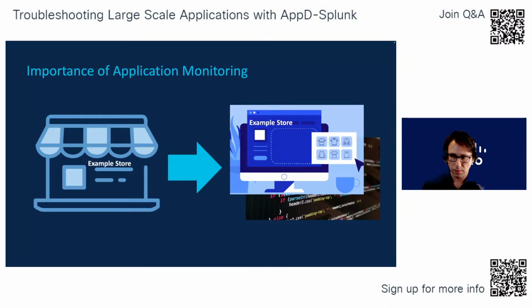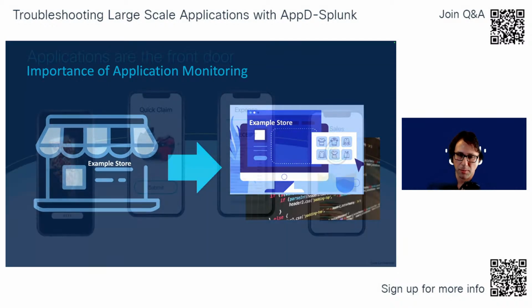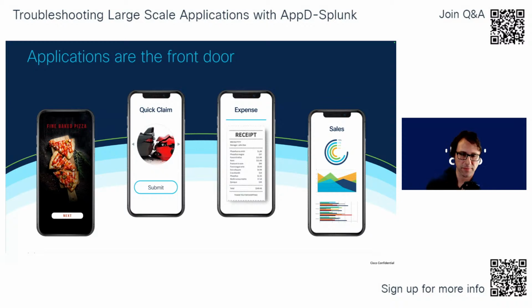If you know your size and there's a certain brand you like, you just go to their digital storefront online, and you can pick and choose. It's all e-commerce now. More and more, what we're seeing is the front door of a business. Revenue generating applications are the forefront of everything now. So if you're buying food, doing a claim for insurance, looking at an expense report, or keeping up on your sales for work,